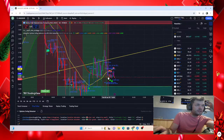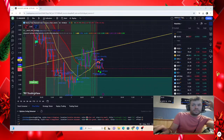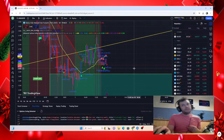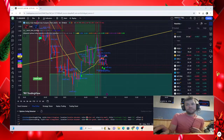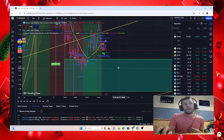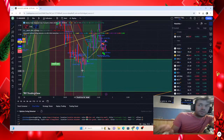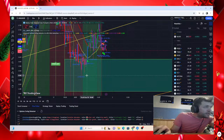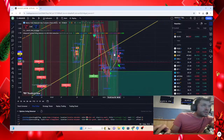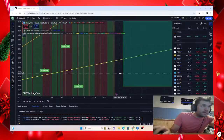There's a kind of a hidden head and shoulders here, which might end up giving us a problem and send this thing right down into this pocket and might double bounce off this lower area here. That should have been the best buying opportunity in the near term here. So got a lower wick there